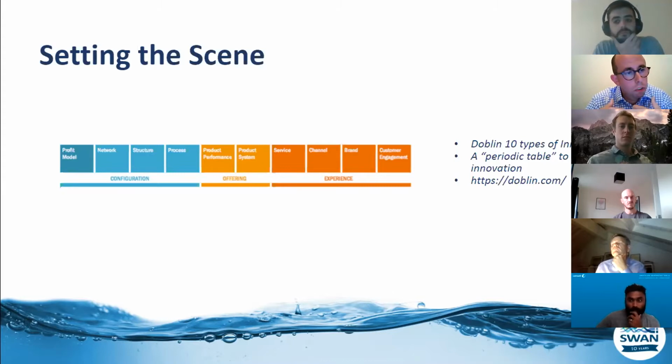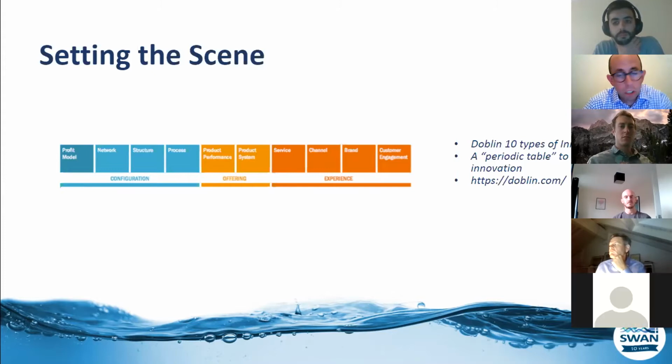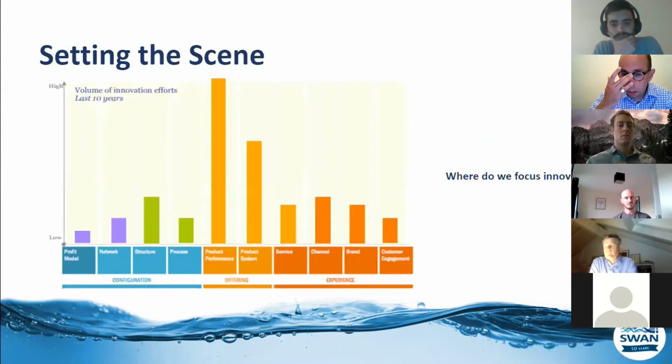And what Doblin was saying, and there's some quite interesting data around this, and I put a link to the website there, is you don't necessarily have to have all of these elements present to develop successful innovation. But as a general rule, if you've got 5 or 6 of these elements across those 3 colours, across those 3 sections, then that's really where you see some of the most successful innovation.